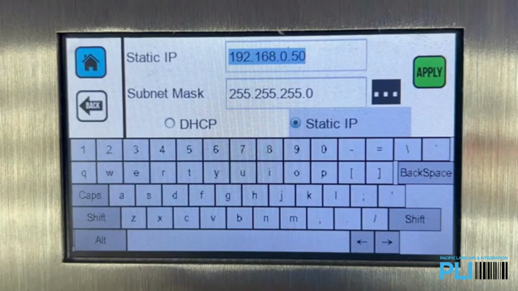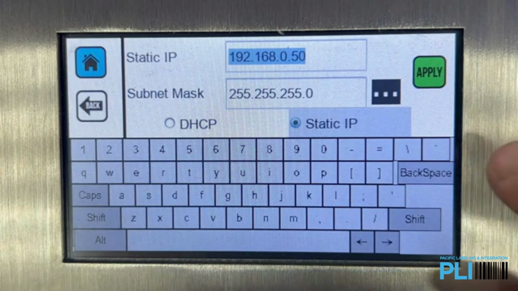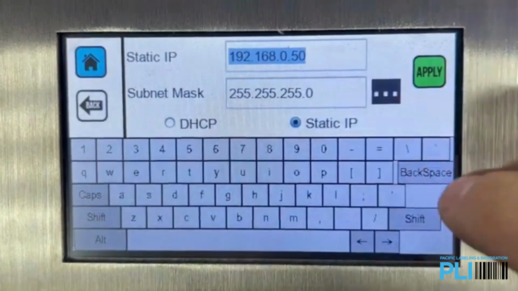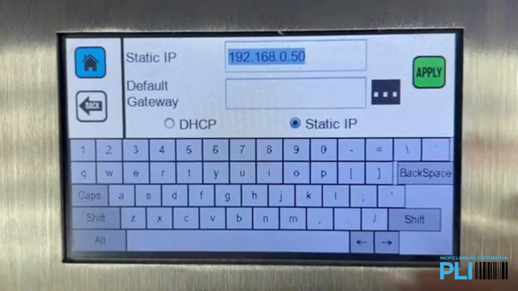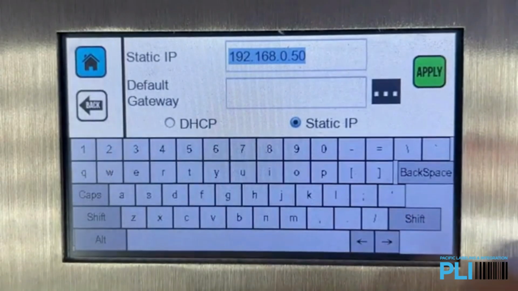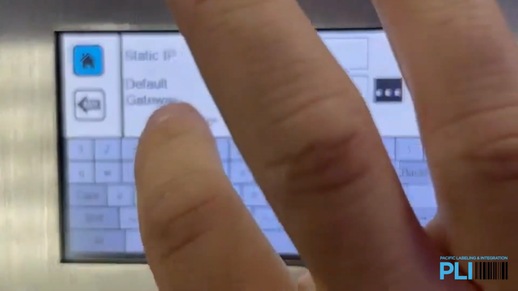Once you have static IP selected, you can change your specific IP address in the top. Your subnet mask will be located here, and if you press these bars, you can assign a default gateway. Now again, for most applications, DHCP